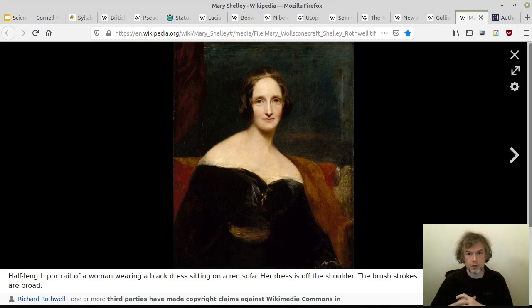Mary Wollstonecraft Shelley is the daughter of two of the most famous radicals of that era. Her mother, Mary Wollstonecraft, okay, so just Mary Wollstonecraft, she shares that name with her mother. Mary Wollstonecraft was a pioneering feminist theorist who fought for equal rights for women and access to education for women. She argues for these things in her groundbreaking work, A Vindication of the Rights of Woman,